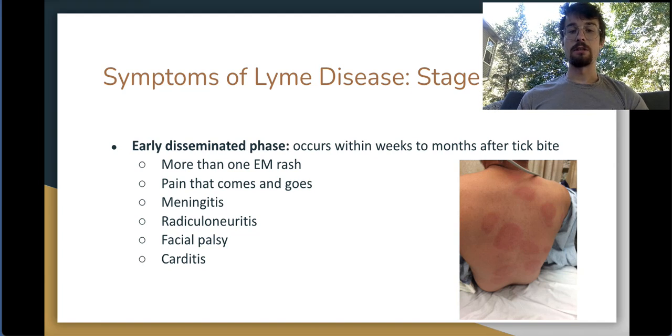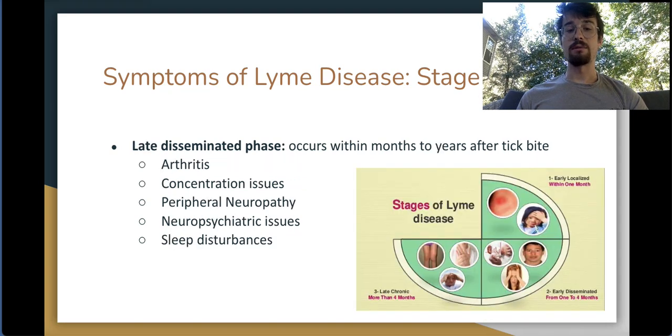Carditis, which is an inflammation of the heart, which can cause a number of symptoms, including shortness of breath, fainting, and irregular heartbeat. Stage 3 is known as the late disseminated stage, and occurs months to years after the tick bite. Symptoms characteristic of this stage include arthritis with joint pain, which may be constant at this point,